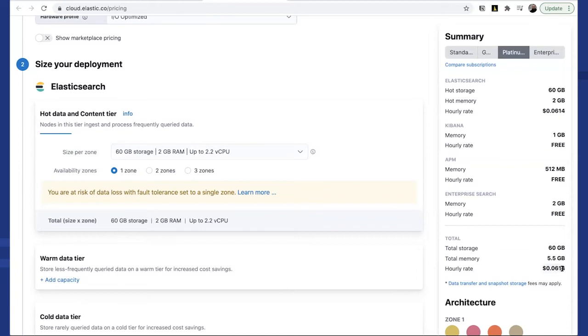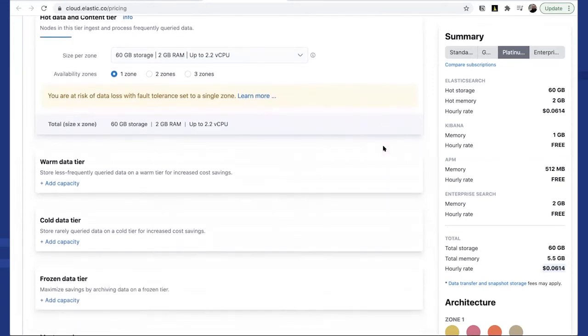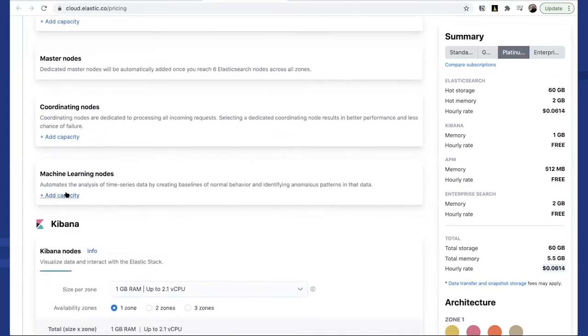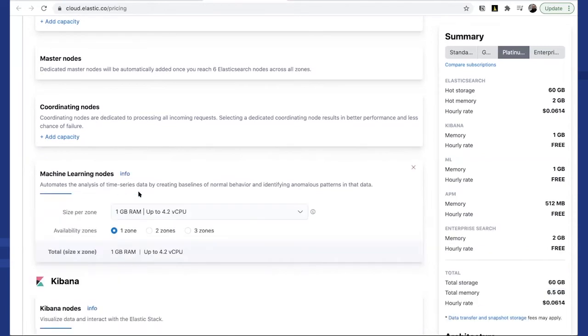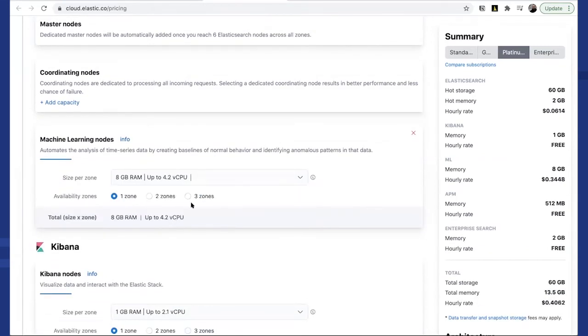Now you can see your cost double per hour. And here you see that your deployment is not just Elasticsearch or one or two resources. As you add components, as you build on your use case, you get charged based on only what you use. For example, you can say, I need machine learning nodes because I want to use that feature and capability. So you can add that, and you can scale up to like 8 GB of RAM for the machine learning feature. And then you see that the price per hour increases.